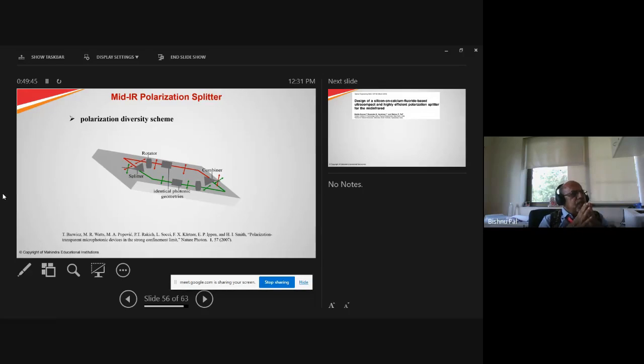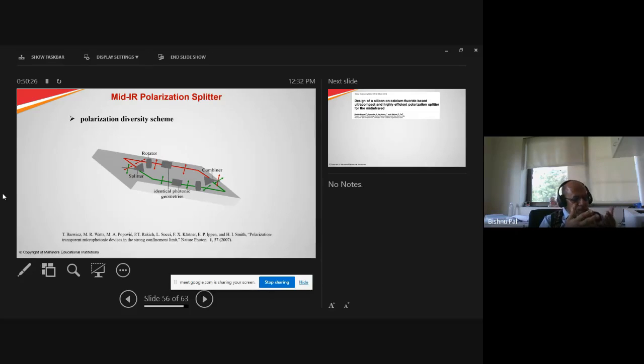you want to find out the modes, you solve the wave equation. If the refractive index contrast between the core and the surrounding region is small, a scalar wave equation is good enough to model the propagation in such structures and find out the modes. But if the refractive index contrast is large, then you need to apply a vector wave equation, and then it becomes highly polarization sensitive. And to reduce the strong sensitivity to polarization, or to accommodate